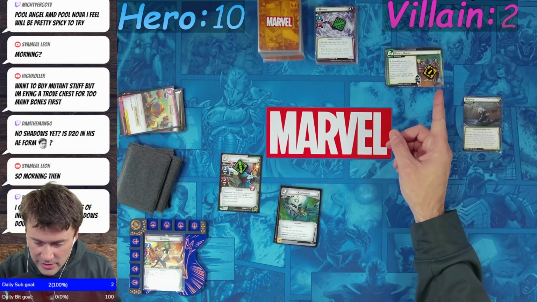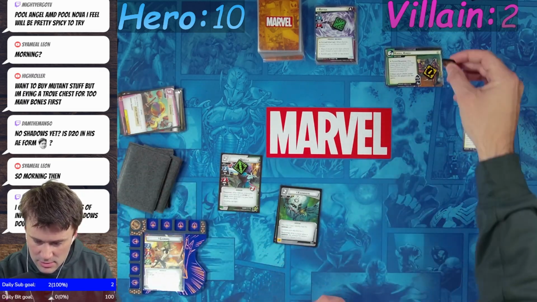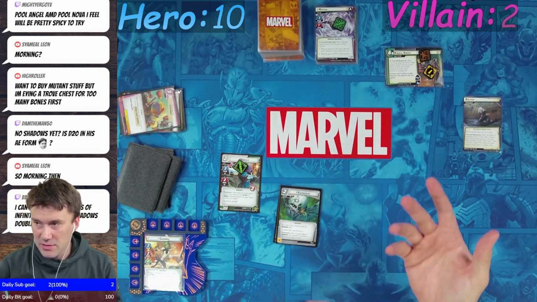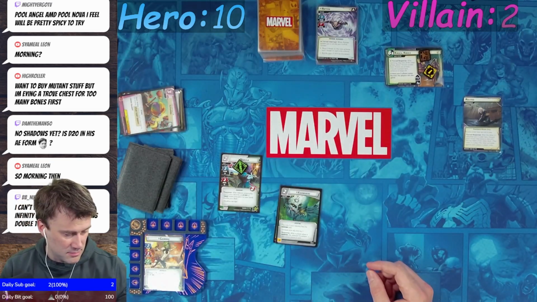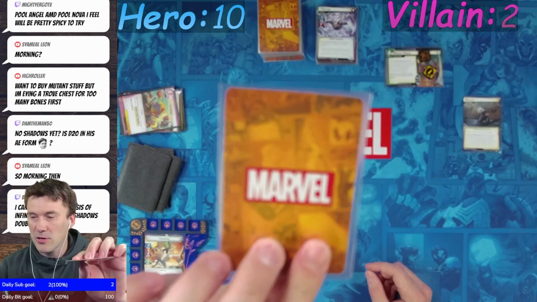Okay, so 1 goes on here. After resolving step 1 in the villain phase, place 1 counter on here. If there's at least 3, there's not 3, so. Sad. Riptide goes. Riptide is stunned. Sad. Bad card is...